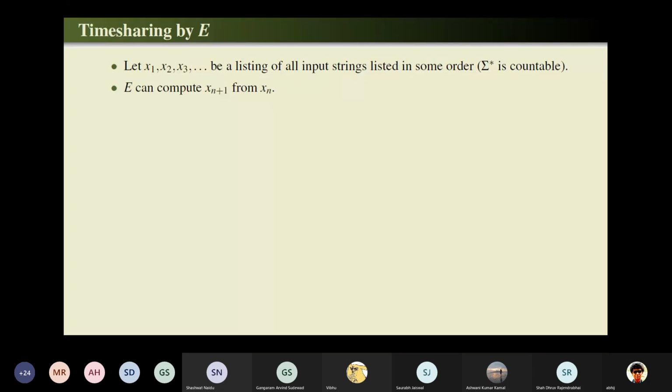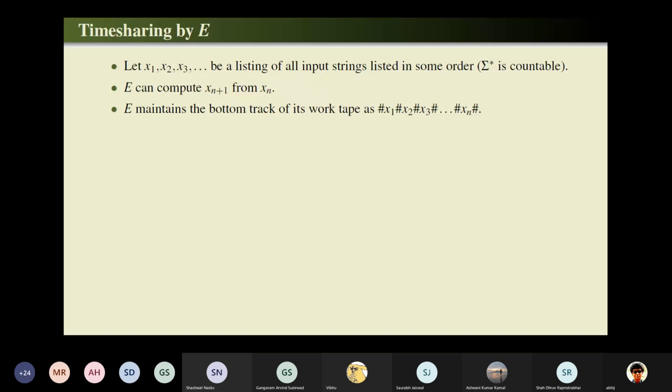For example, if my input alphabet sigma is 0, 1, binary, there is this clear thing called the next string. Treat it as an integer, add 1 to it, and a Turing machine kind of machine is perfectly capable of doing such things. So we assume that E can generate xn plus 1 from xn, and it will store